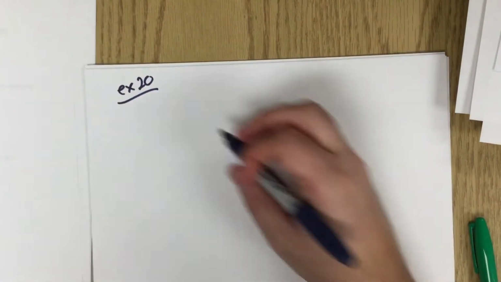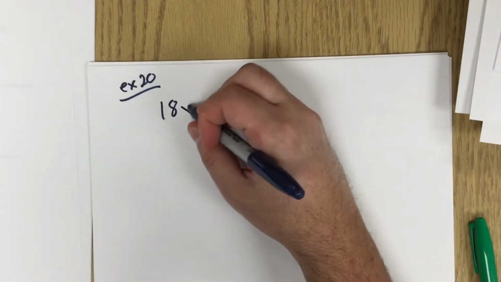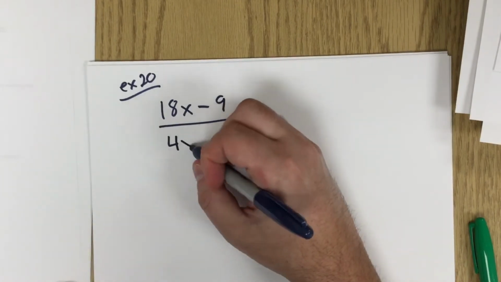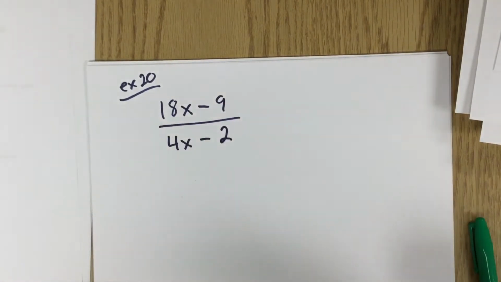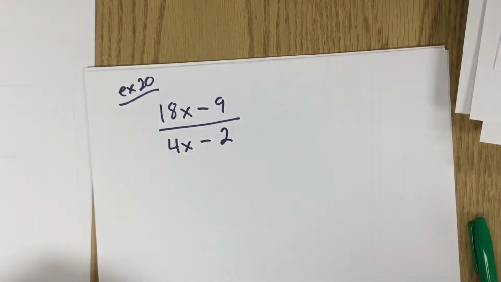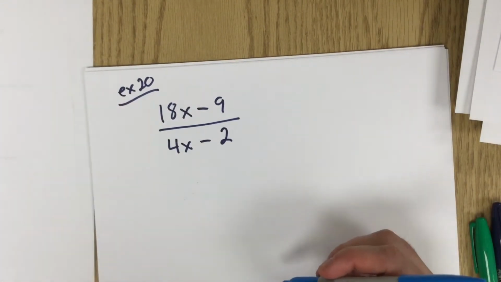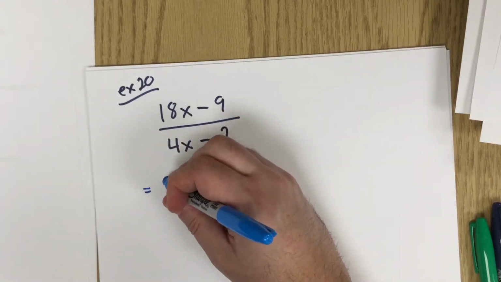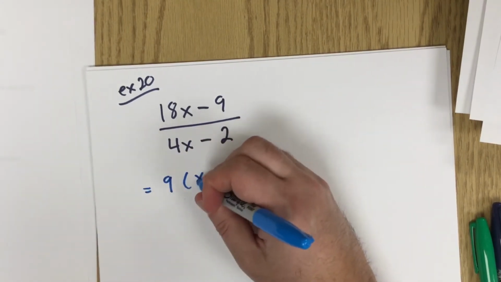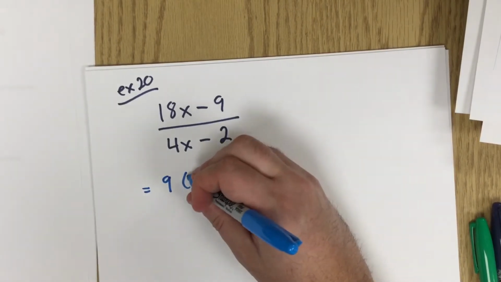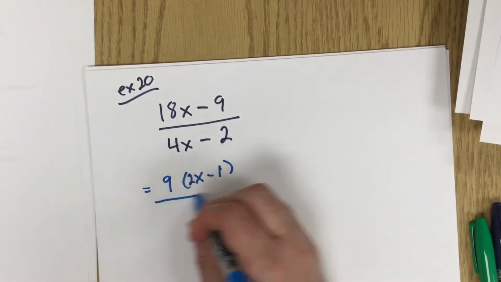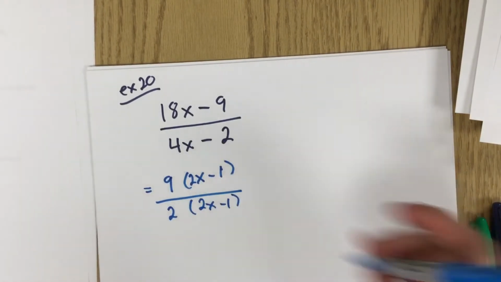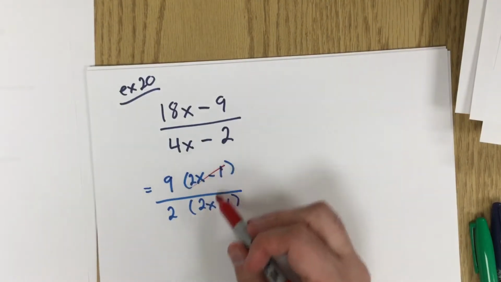Example 20. 18x minus 9 over 4x minus 2. The x's here do not cancel with each other, so we're going to have to do something. We're going to take a common factor out, so we're going to end up with 9 times 2x minus 1 over 2 times 2x minus 1. These cancel,